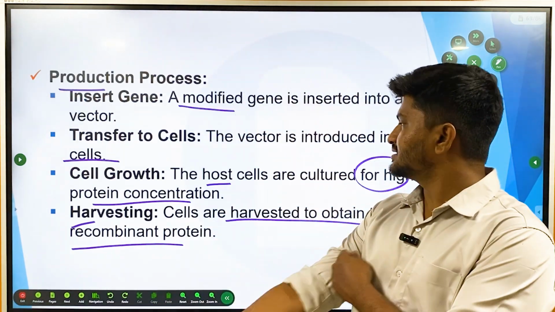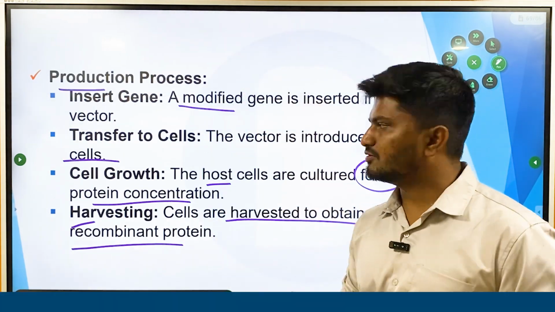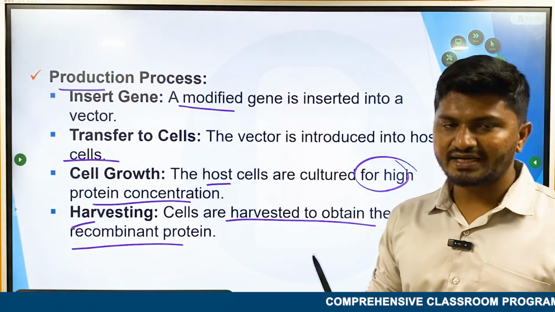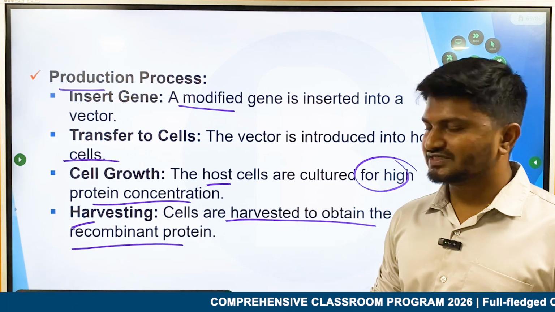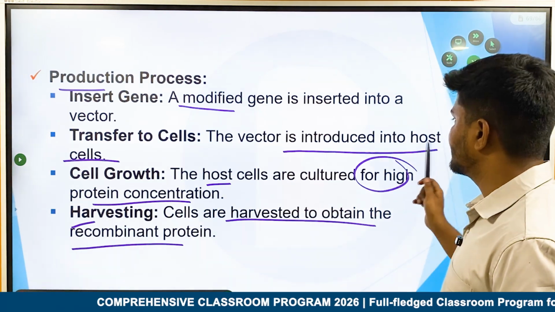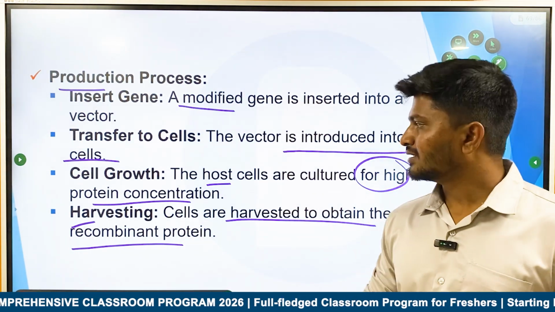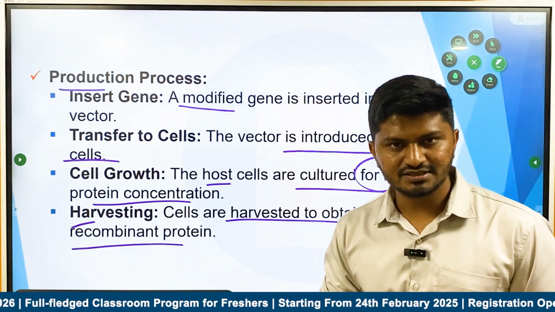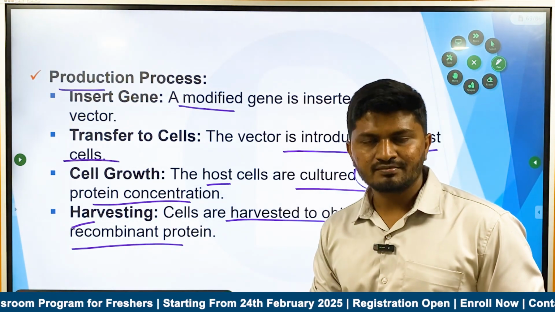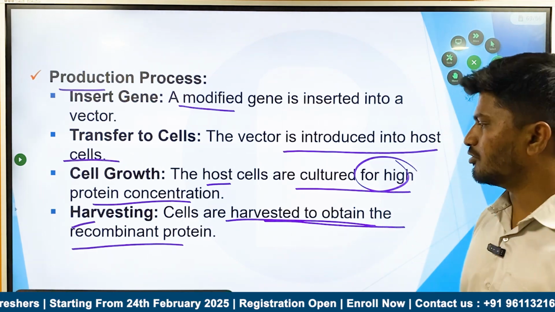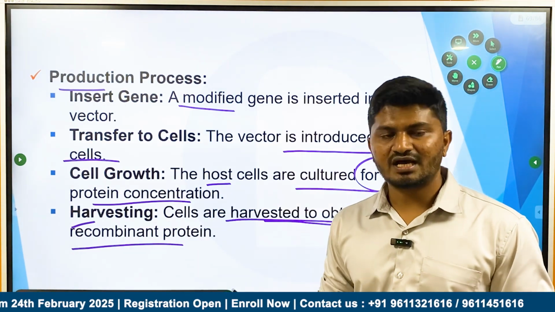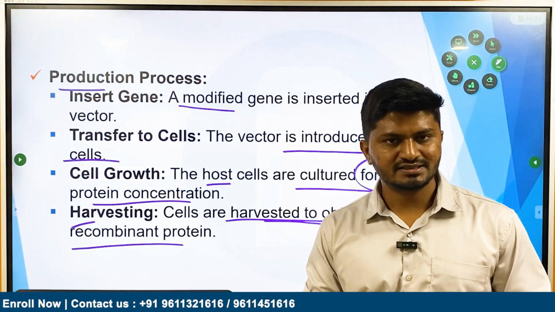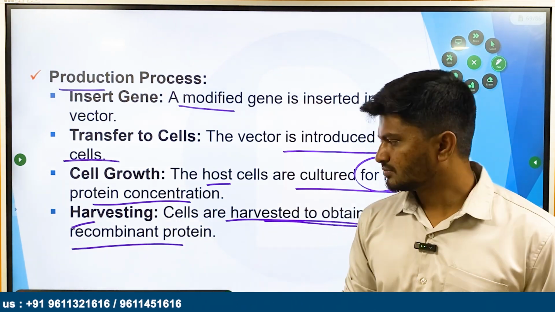And the production process which I already discussed: one, you are going to insert the modified gene into a vector, then the vector is introduced into the host cells, then the cell growth, host cells are cultured for a high protein concentration, then there is harvesting, that cells are harvested to obtain the recombinant protein, and after the harvesting, these recombinant proteins are infused into the human beings for medicinal or therapeutic purposes. Okay,